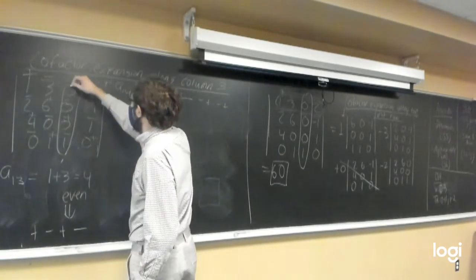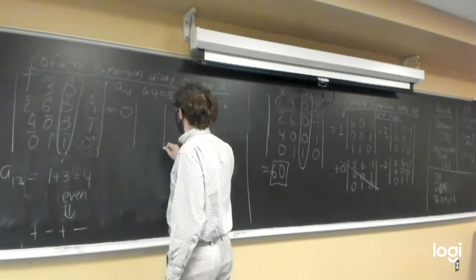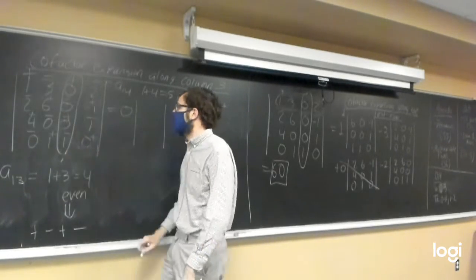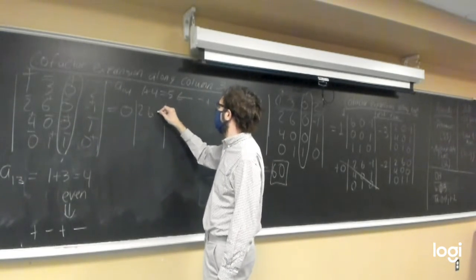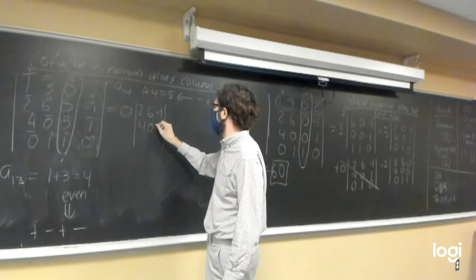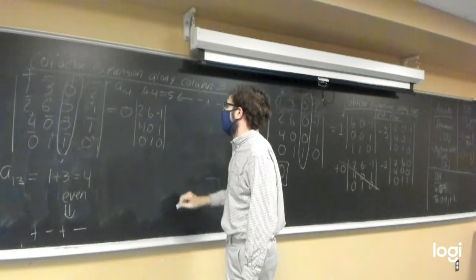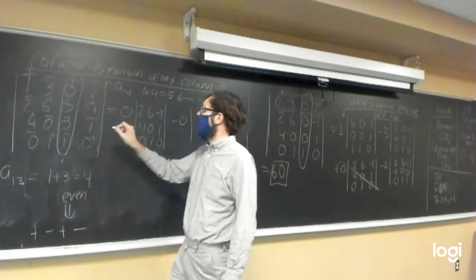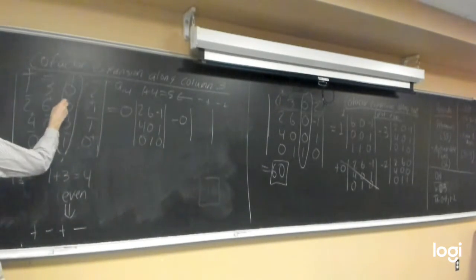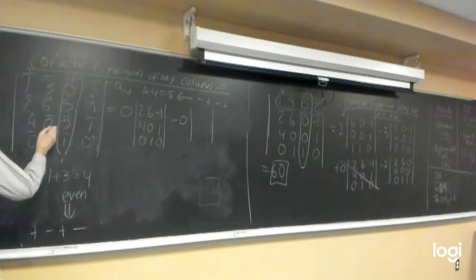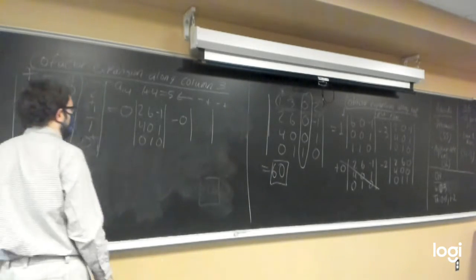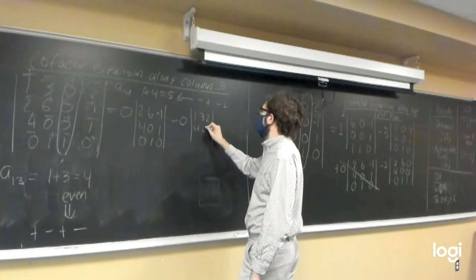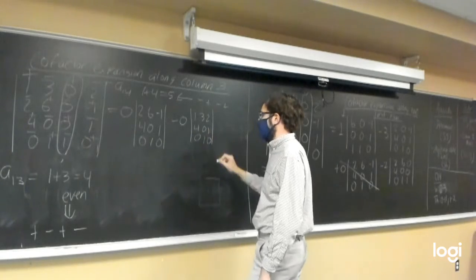So starting off, we're going to get 0 times the determinant of what's left if we remove the row and the column with this term in it, which will be 2, 6, negative 1, 4, 0, 1, 0, 1, 0, minus 0 times the 3 by 3 determinant of what's left if we remove the second row and third column, the one where this 0 is located, which would give us 1, 3, 2, 4, 0, 1, 0, 1, 0,